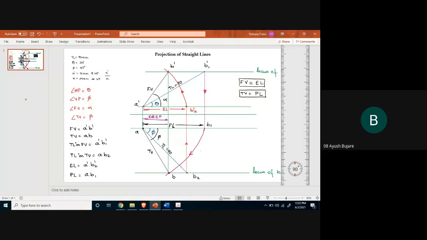Anyway, we have to start with some point. So the point conditions will be given: A dash, B dash. Yes, please mute yourself, there is some disturbance. Okay, so this much notation. I will give you 10 minutes, either you draw it after the lecture, or you draw it now itself.